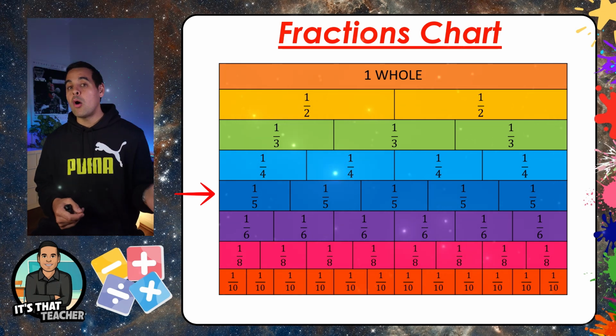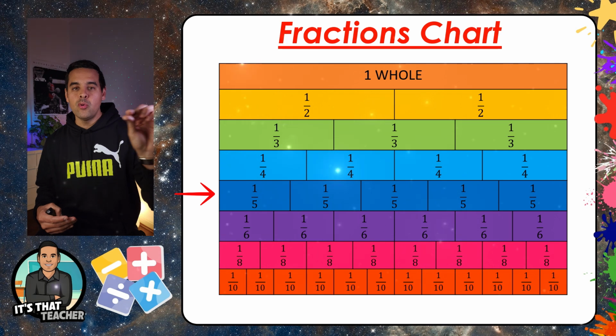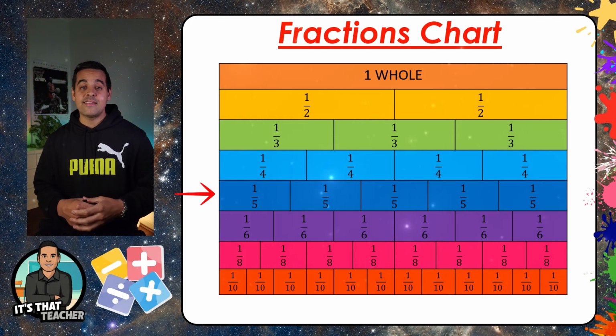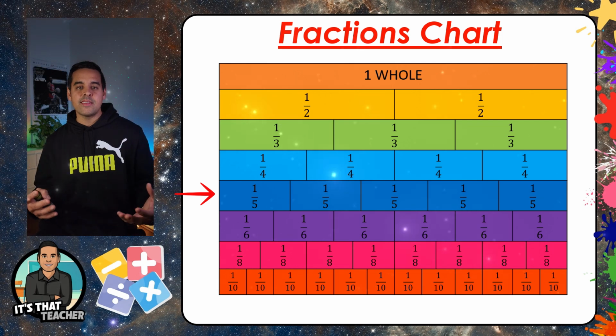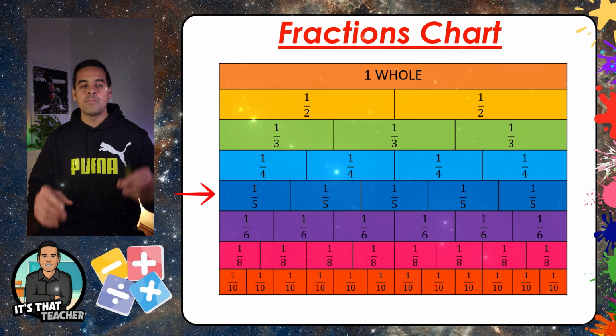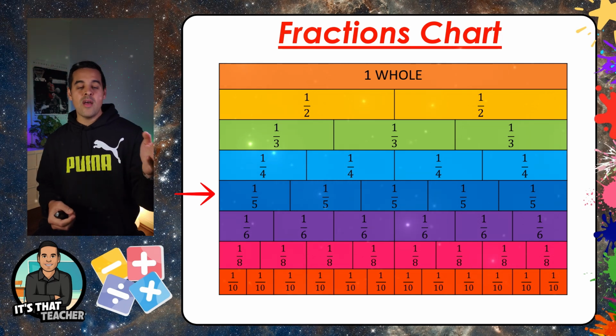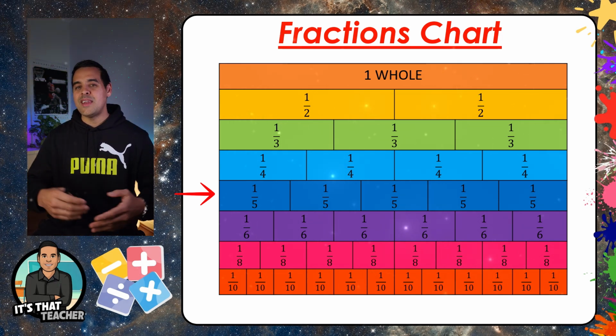Now, if you have multiple 5ths, you need to put an S on the end. So if I had 2/5ths, you need to say 5ths and put the S on the end. I'm really emphasizing it because you just need to add that S when you have multiple 5ths, okay? So if you have 1/5, you can just say 5th, but once you go beyond 1, you need to say